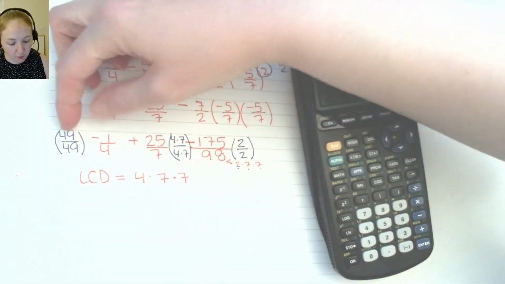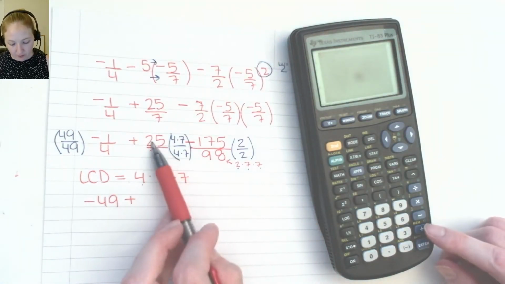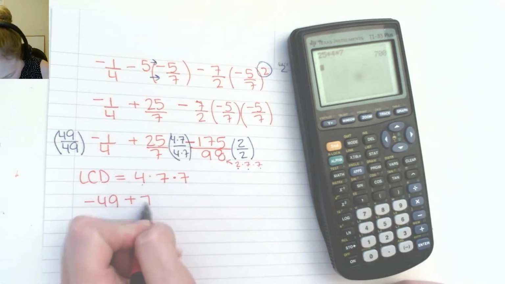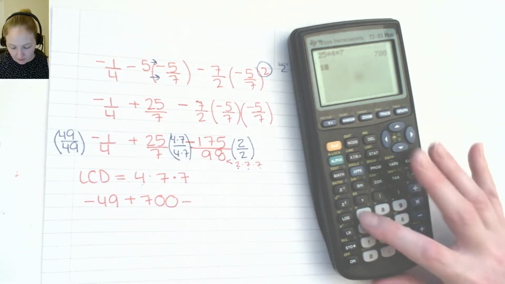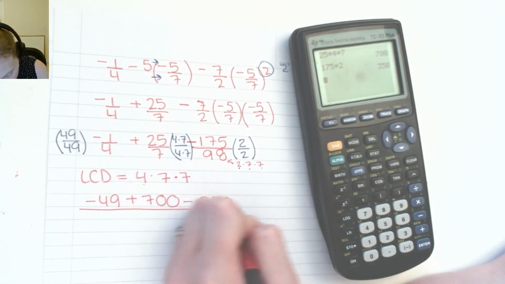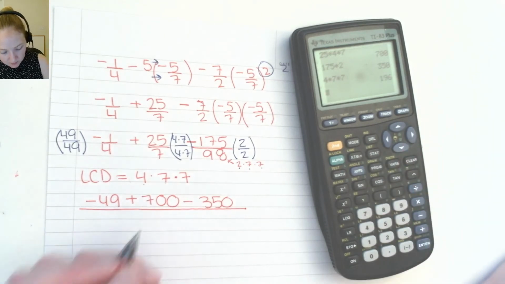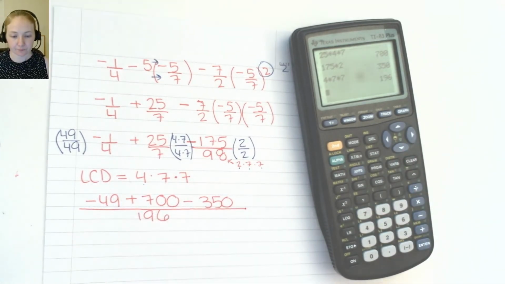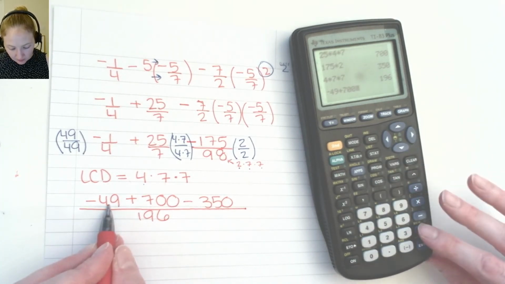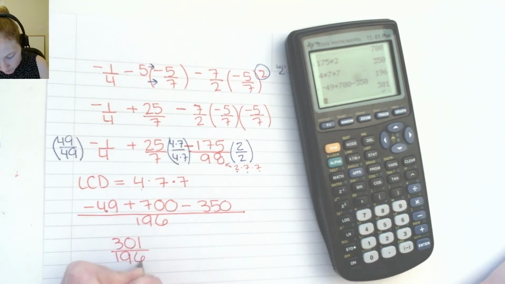And so then this would give us 49 times -1 would give us -49 plus, and then multiplying this straight across, 25 times 4 times 7 would give us 700, and then minus 175 times 2 to get the 350. And that's all over my LCD of 4 times 7 times 7, which is 196. And then once I had that LCD, I would take the -49 plus 700 minus 350 to get 301 over